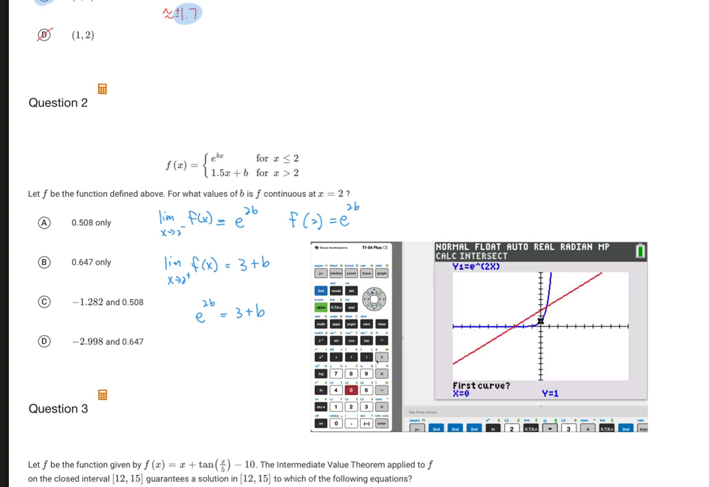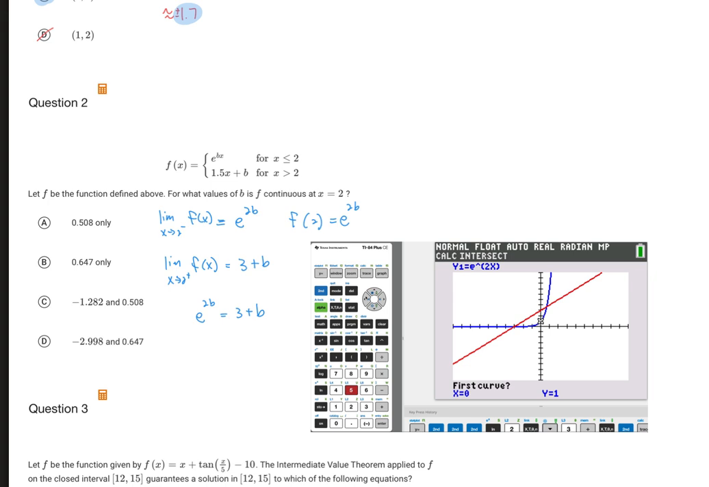Okay, so notice there's 2 intersection points. There's one here to the left and one here. You can only calculate one at a time. But right away we know there's 2 intersections, so there's going to be 2 answers. So it's either going to be C or D. Okay, so let's see how to calculate